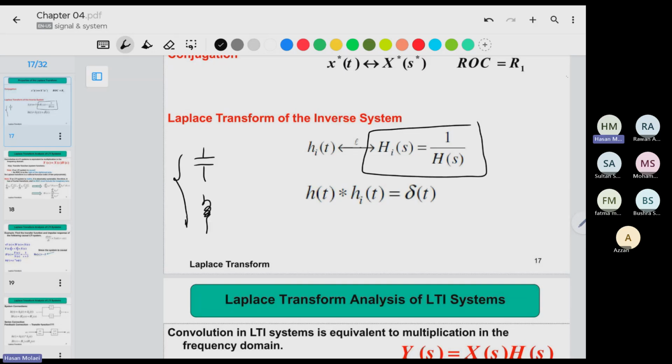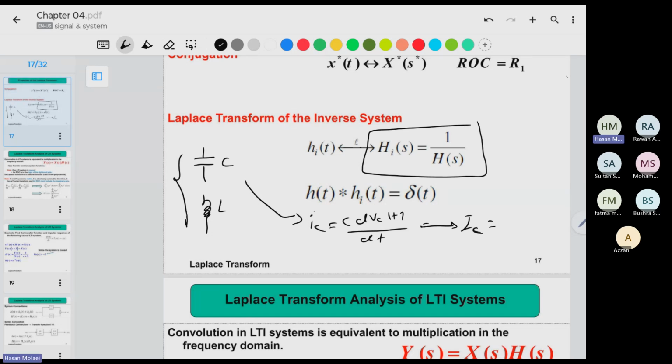From circuit theory, you became familiar with these two elements. This is a capacitor, this is an inductor. What will happen if I move the capacitor and inductor to the S domain? I know the relationship between the current and voltage of a capacitor. If I move it to the Laplace or S domain,